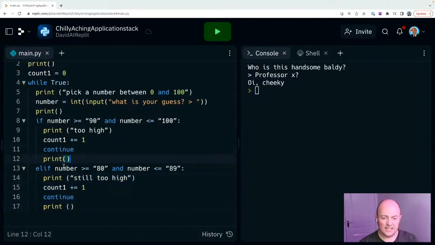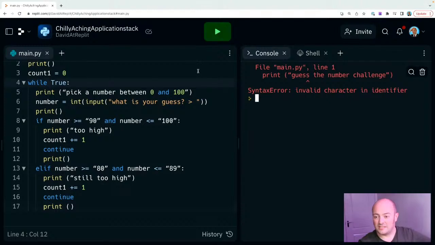Now, interestingly, neither of these print statements will ever be used because if it gets there, then what's going to happen is the continue is going to send the code right back to the top of the while loop. And that's one of the nice things about the types of constructs we've got in Python. We have continue, we have break, and we can just tell it to go back to the start. Don't worry about running the rest of this code. Just jump back to the start. And that's what continue is doing here. So let's run this code and let's see if we've got it working.